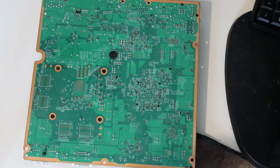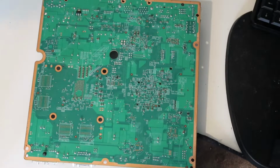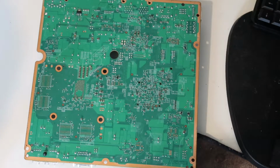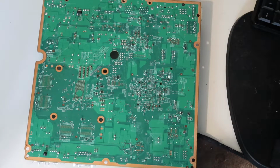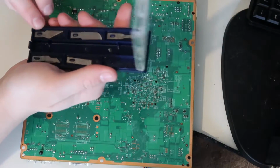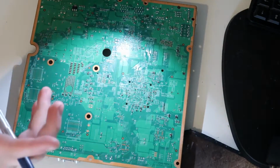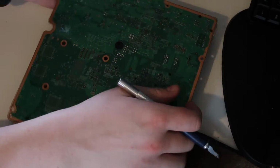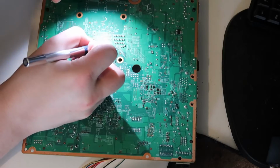Now the angle on the camera is not going to be that good for this PLL point, mainly just because it's so small, so I wouldn't really be able to record it that well anyway. And as this is a customer's console, I'm not taking any risks on anything being damaged. I'm grabbing my X-Acto knives here. And then what I like to do for these is just get my phone and turn on the flashlight and find the point. So I'm going to turn the board like this and look for the little PLL point